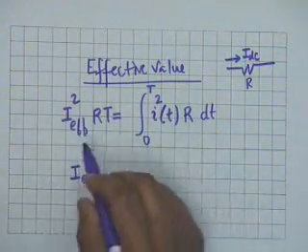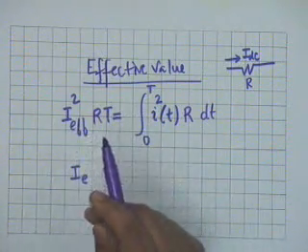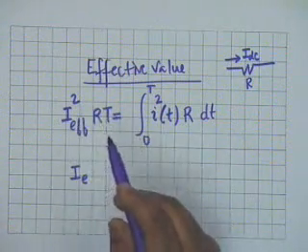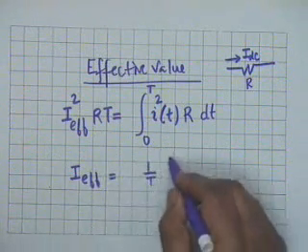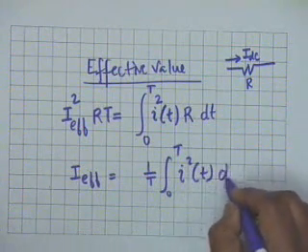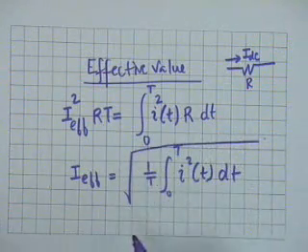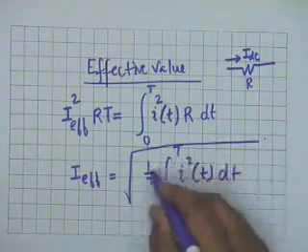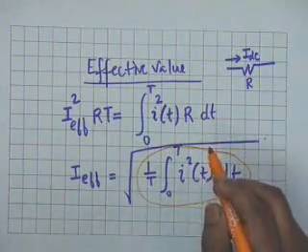All right, the total energy dissipated in the resistor due to a DC, which is equal to I effective over a time capital T, is I effective squared RT, and therefore I effective is equal to the square root of 1 over T integral 0 to T I squared R dt, where capital R cancels. You can see that under the square root sign, this quantity is the mean squared value